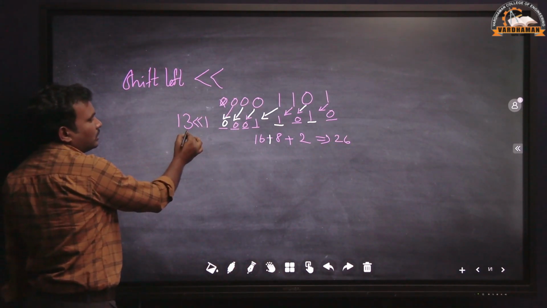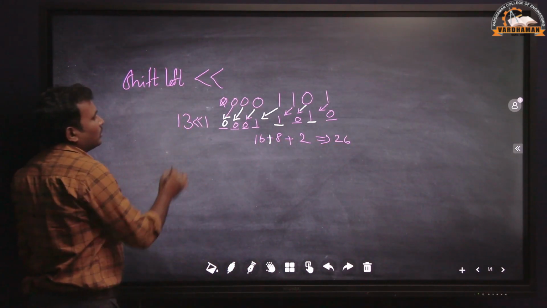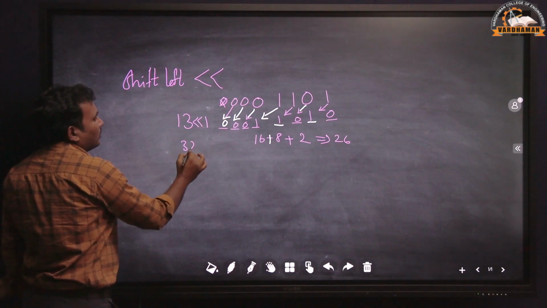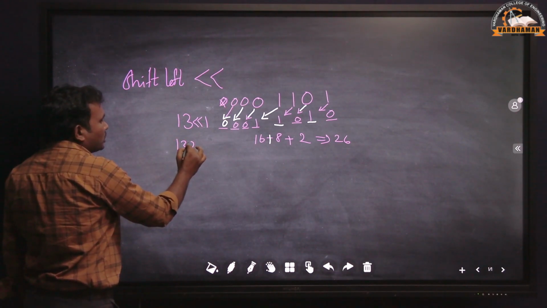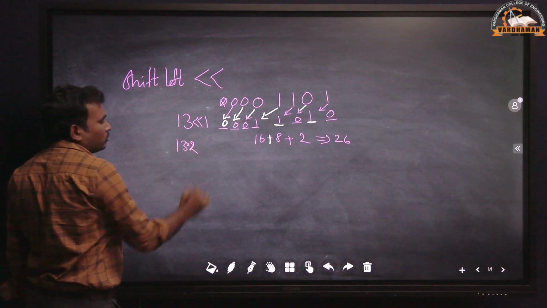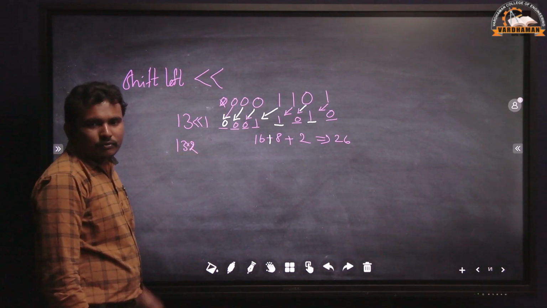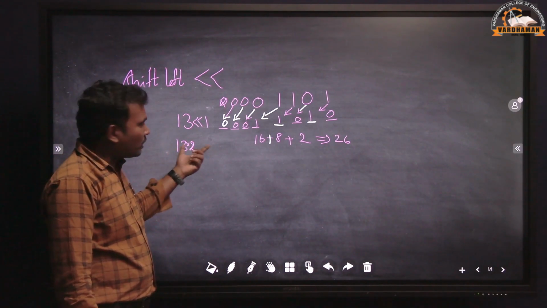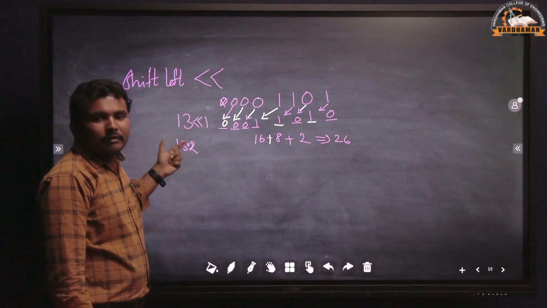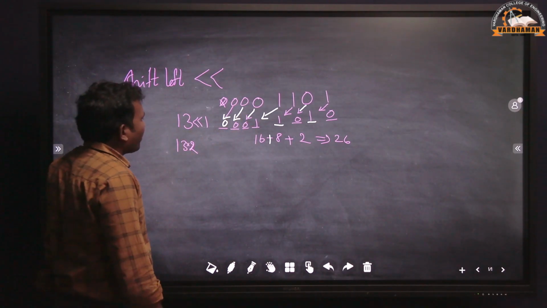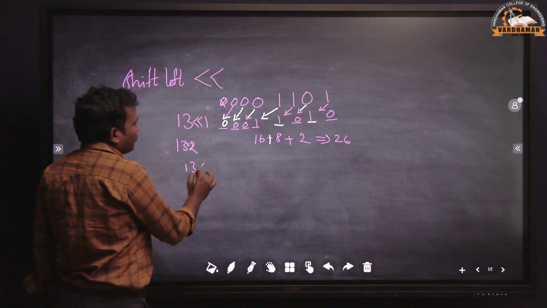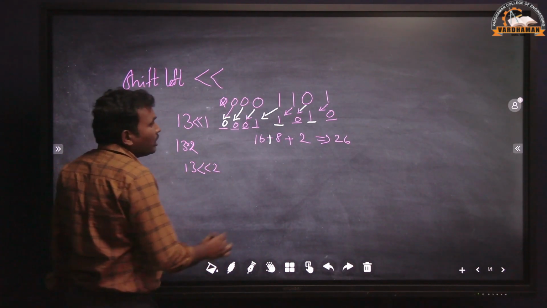You can observe that it is multiplied by 2. So 13 into 2. The value which you are using for the shift left operation will be multiplied by 2 for one position. If I do 2 positions shift left, now